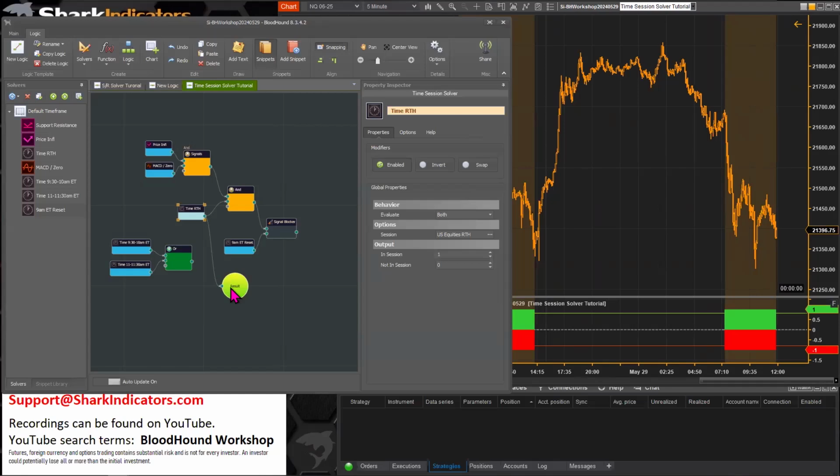All right, so that does it for the time session solver. Yep, that's one of the simpler ones there. So Al is asking, what if he wants to block out a period of time, say, around a news event? If there's some kind of news event coming along, he wants to block his signals for a period of time, half an hour to maybe an hour,